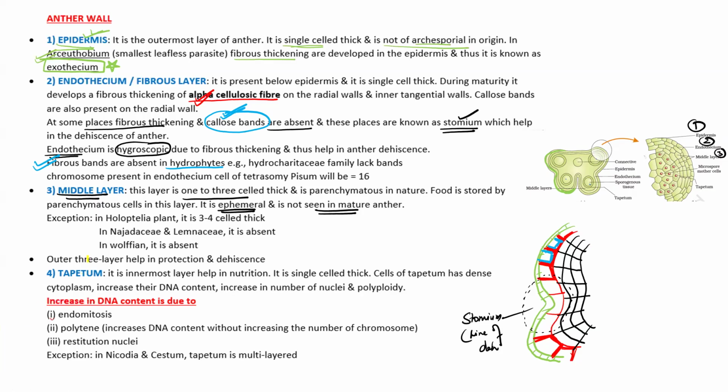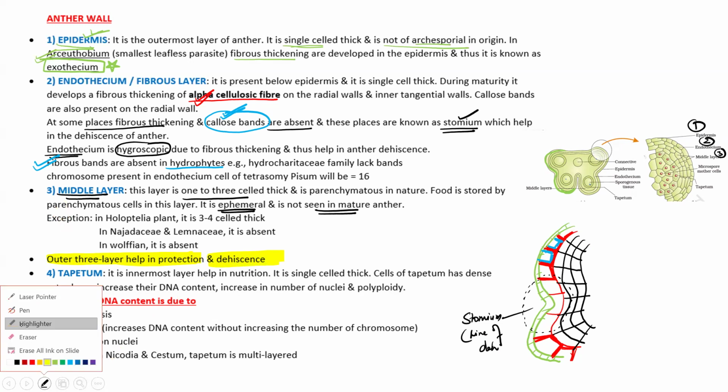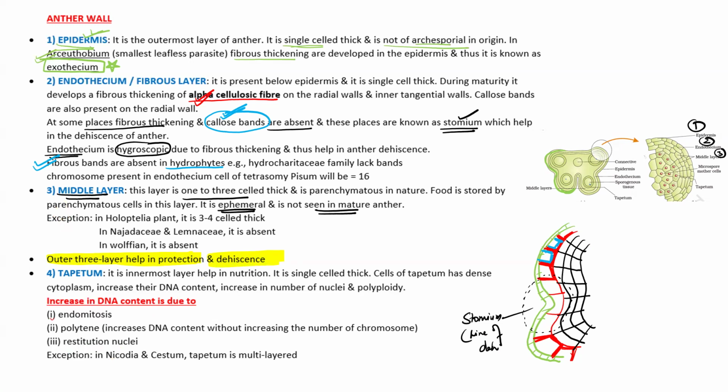They play an important role in protection. So the outer three layers help in protection and they also help in dehiscence. Is it clear? This layer, why do we say it is ephemeral? Because it is rich in the food which is taken by the tapetum to nourish the developing pollen grain. So it is parenchymatous and food is stored in this layer, which is used by the tapetum to nourish the